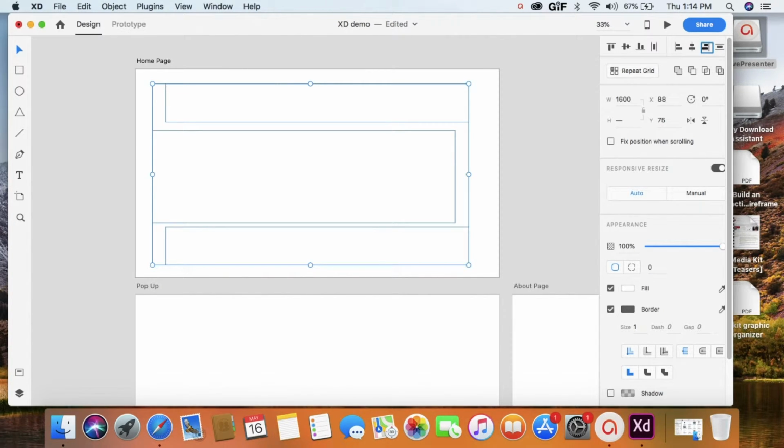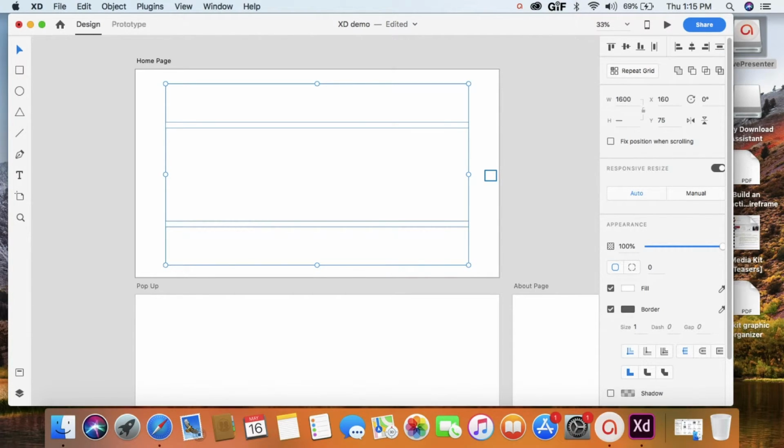select all three, and then over here in the right hand corner are the align tools. So you have the option of, we're going to line up the right edge. It's very similar to some of the other Adobe programs, and so once we click on that, it should line all of those up. But if you notice the spacing between the top rectangle and the bottom rectangle, they're not